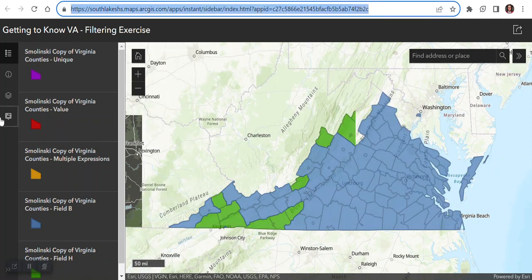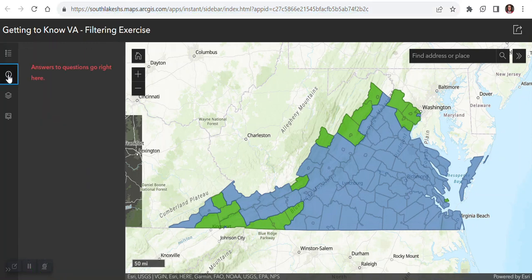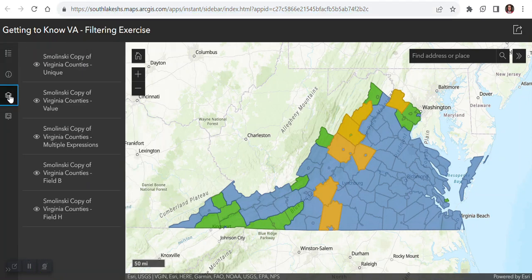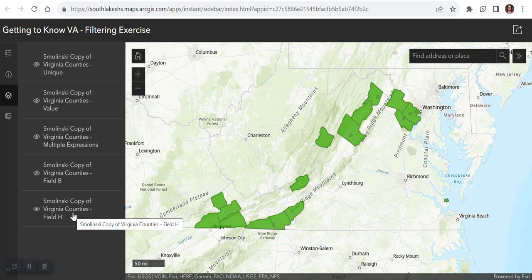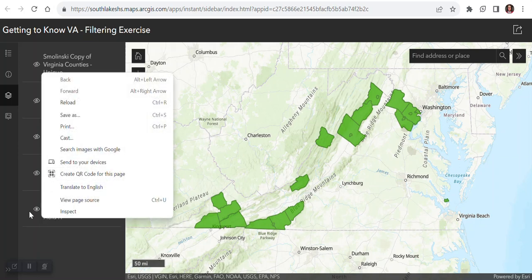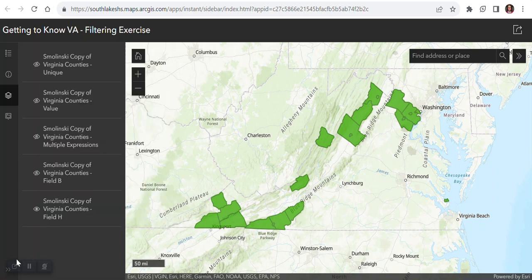And here we are. Here it is published, and let me show you. You go into info. There's all the answers to your questions right there, our layer list, and we can of course turn all these off except for the one we want to look at right there. Turn that one off, and there is our